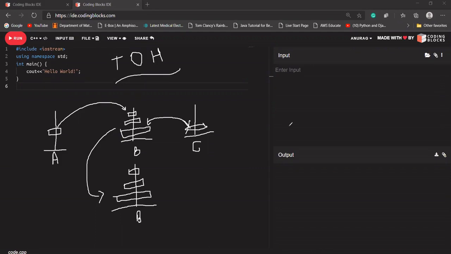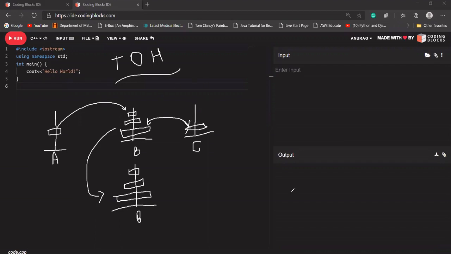So recursion means, if I'm thinking that I can solve this problem using recursion, I should know what operations are being repeated in it, because if you are repeating something for a sub problem, then you can use recursion. So what is the common thing I can see in what we have done? If I was transferring from A to B, first I moved all the disks that were at A to C, then the last disk that was left, I moved to B, then the disks that were at C, I moved to B.